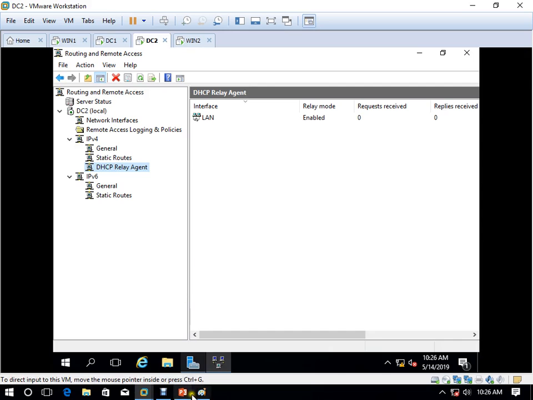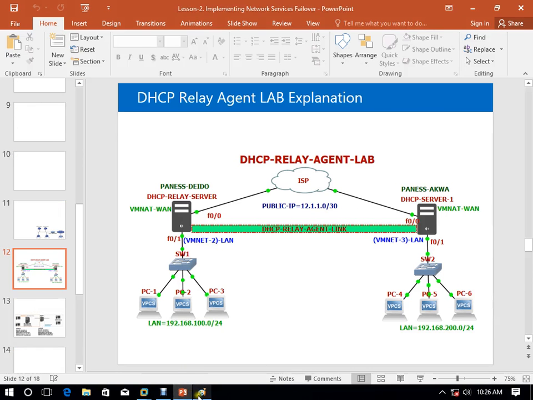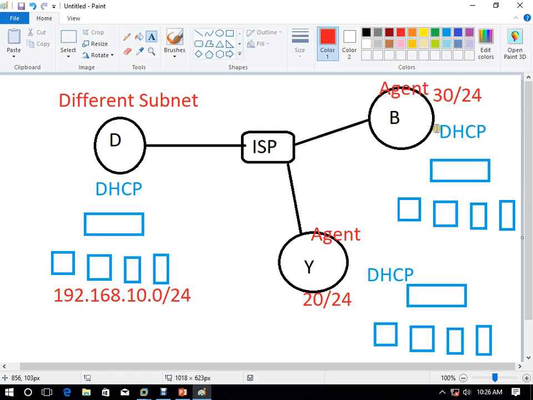As I explained, if you have many branches and your company has a good budget, no problem, you can install a separate DHCP server in every branch. But your company may say, I have only one DHCP server, and it can take care of my branches. So you have to create the pools, one pool, a second pool, a third pool, and here you have to install routing and remote access service and enable the DHCP relay agent. They will send requests here, and this server will give IP addresses to these clients. Very simple.